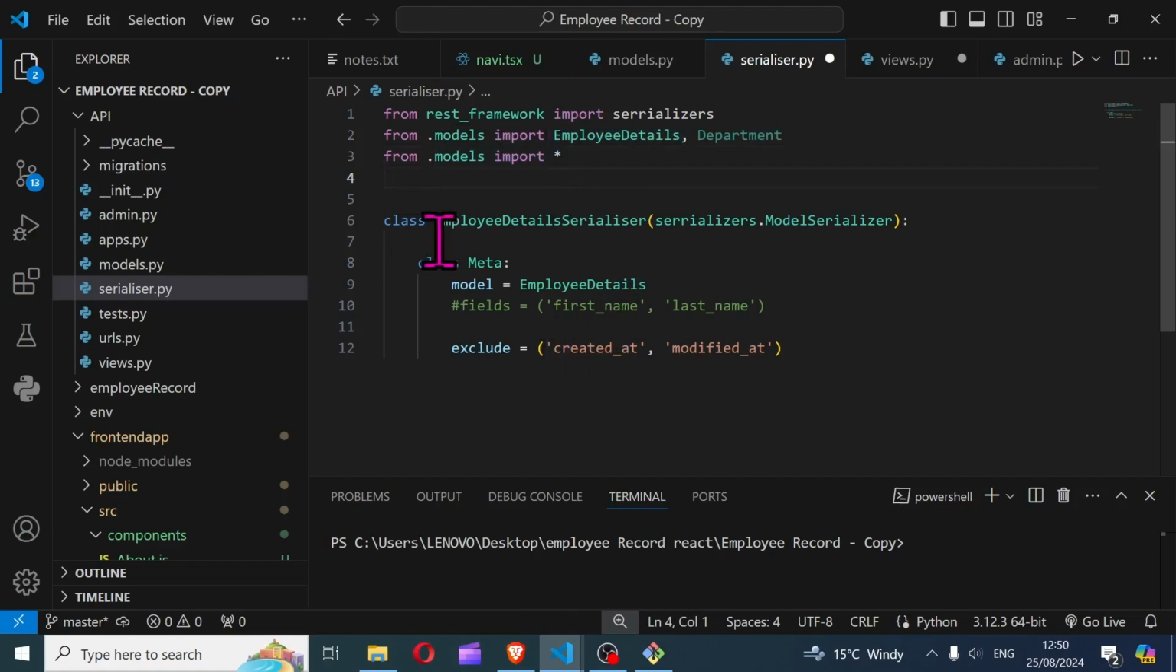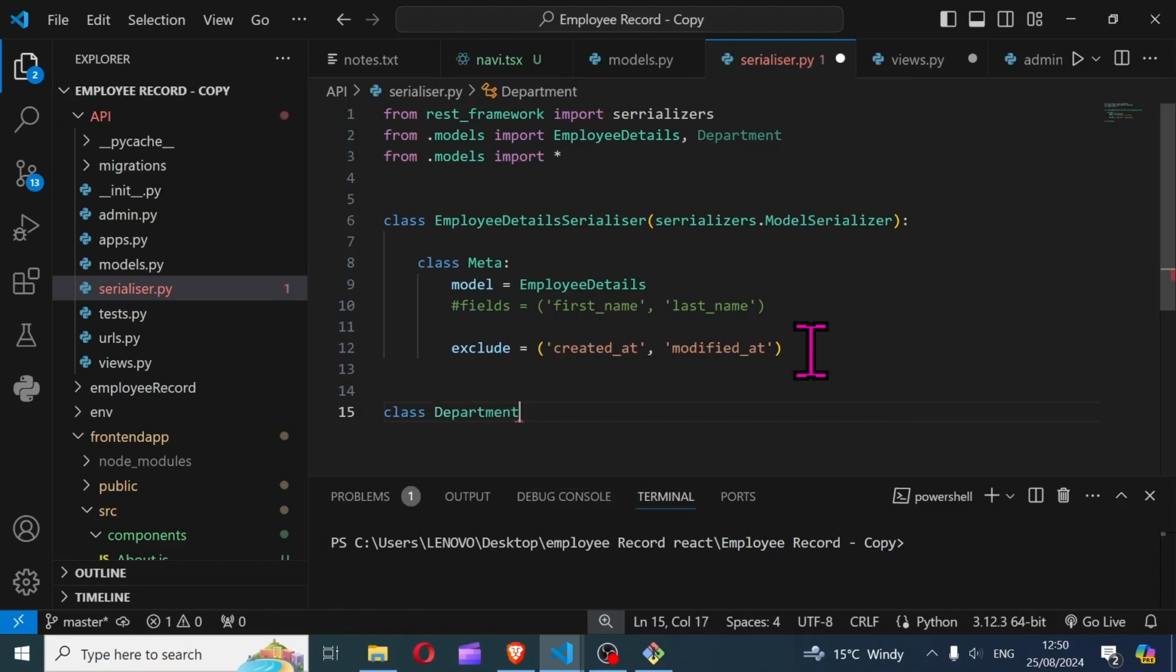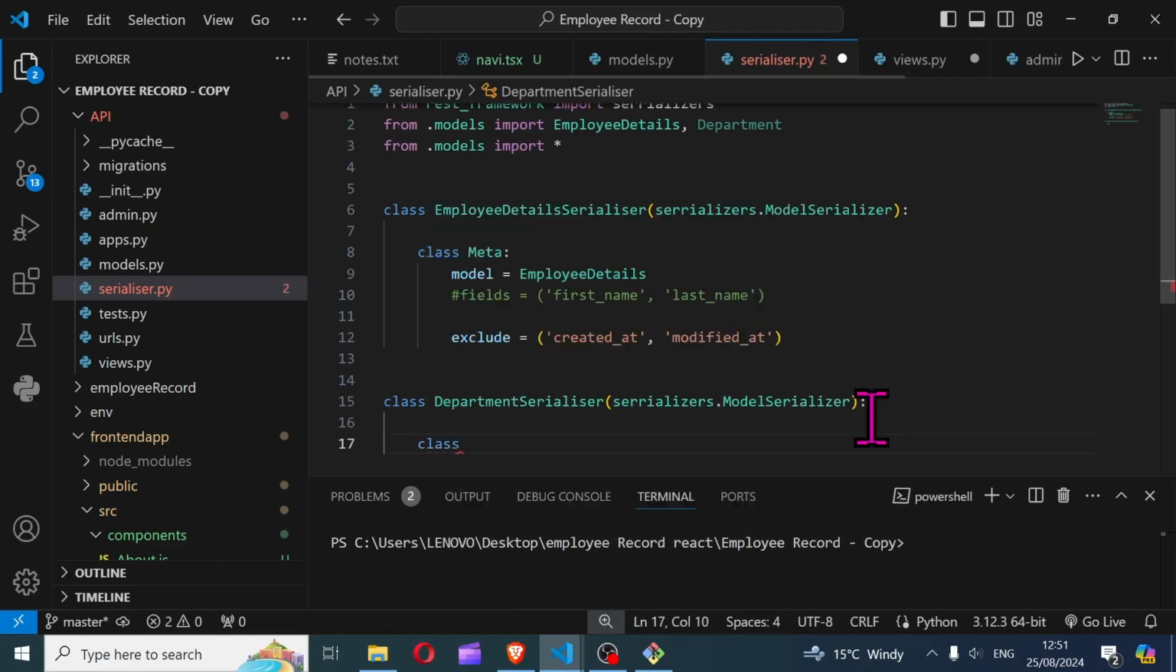So now the first thing you want to do is to create your serializer for your department model as well. So come over here, make sure it's properly indented. So you say class, you can call your serializer whatever you want. I'm gonna call mine department serializer, and then open parenthesis, you say serializers dot model serializer. I'm just gonna copy this, I don't want to make a mistake. Model serializer, and then you define your class meta,